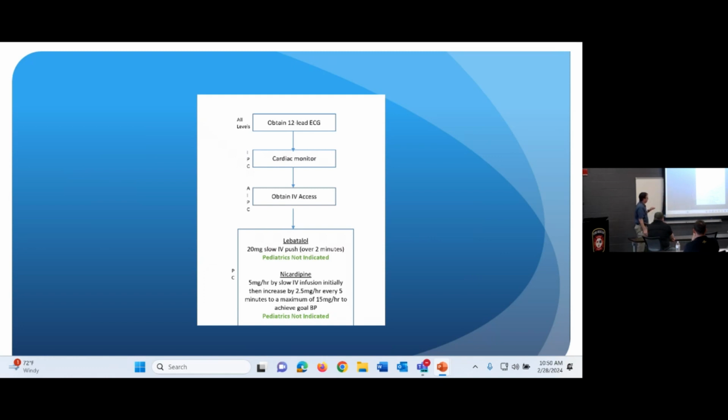So, my advice, if you're an agency carrying these antihypertensive medications, if you're a flight crew, talk to your medical director, fill out what they want to be done with this, but be very aware that lowering somebody's blood pressure pre-hospital or even